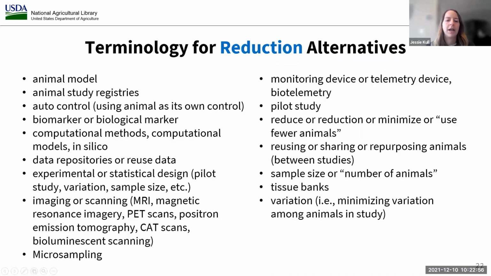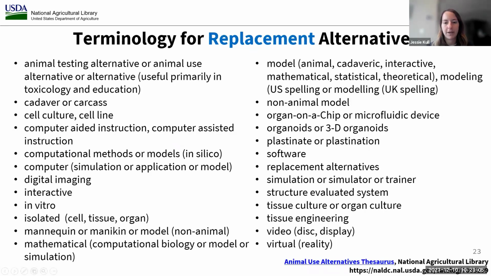And I'm not going to, again, go through all these. They're mainly here for your reference, but this is an example of keywords on reduction that you could use. And then lastly, here are some replacement keywords. And again, my main point in showing you this is that using these terms in your search string is going to lead to more productive search results than just adding in the terms 3Rs or replacement, reduction, refinement into your search string. Because like I mentioned before, a lot of scientists won't include those terms in their papers. And if they do, it likely isn't in the context of the 3Rs, which is why you might not be finding any relevant results.